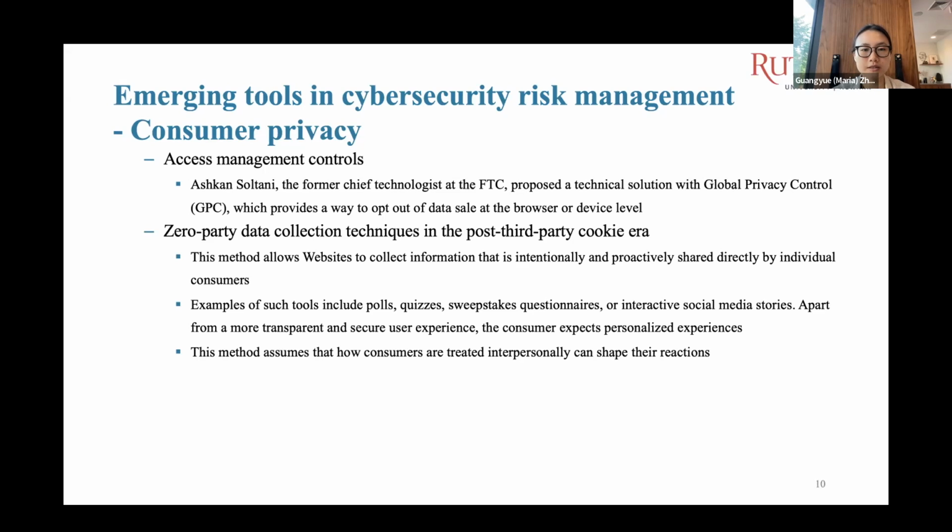This data collection technique was basically developed by organizations after the third-party cookie era. These types of tools allow websites to collect information from consumers when consumers are sharing information more willingly. Examples of such tools include polls, quizzes, questionnaires, and social media stories. The assumption behind the use of such tools is that consumers will react differently when they are treated more